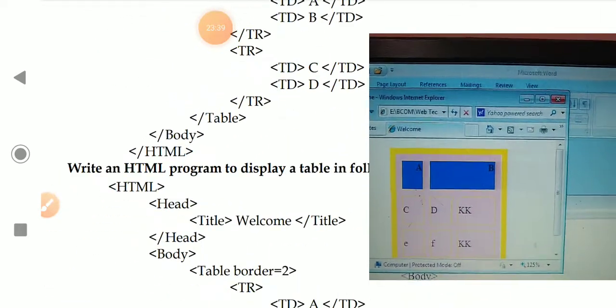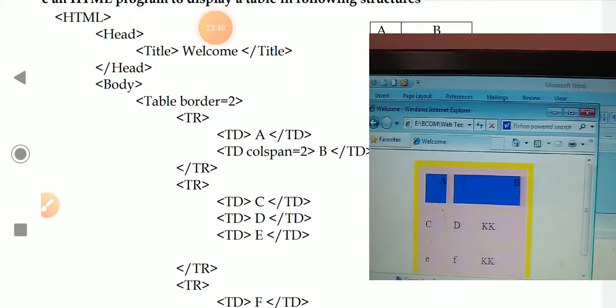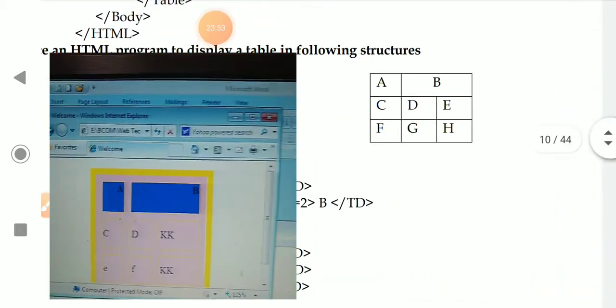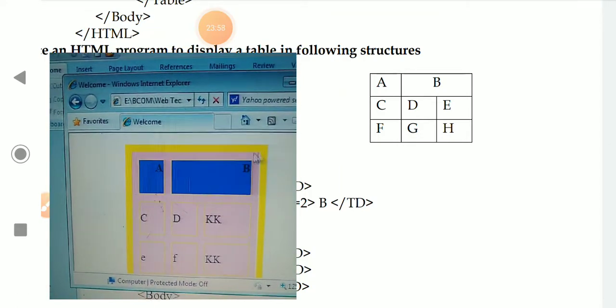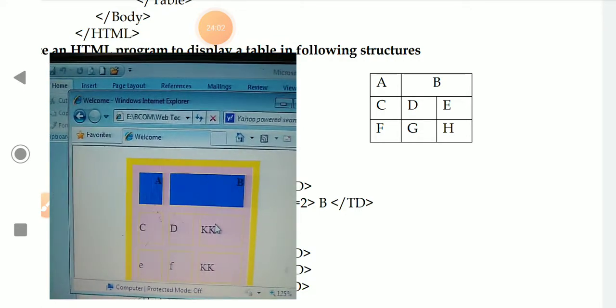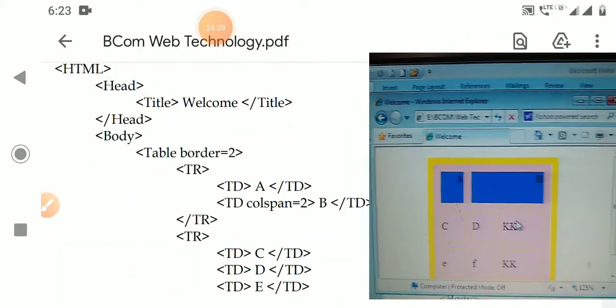Now see this program. It will display 2 rows and 2 columns. It is a table displayed with the help of colspan. So this is the output of the program. Just like this. The output we have here is given on the monitor screen. So this is the same code. These are the table related tags and attributes.